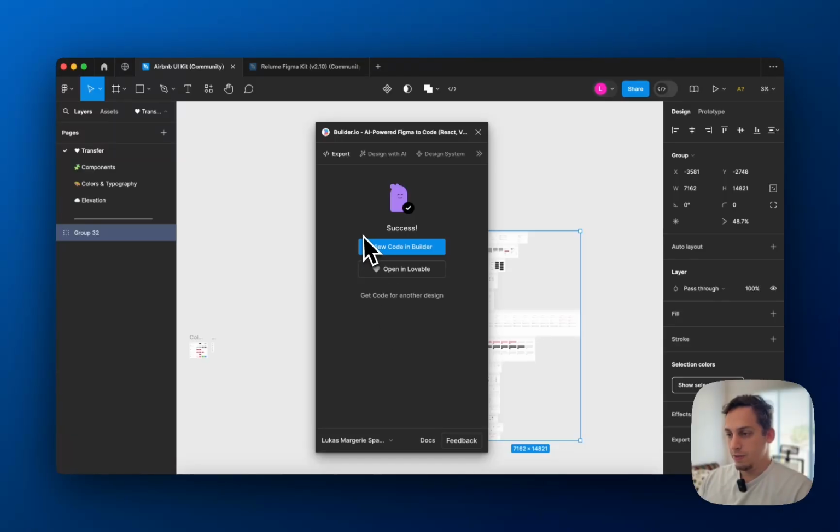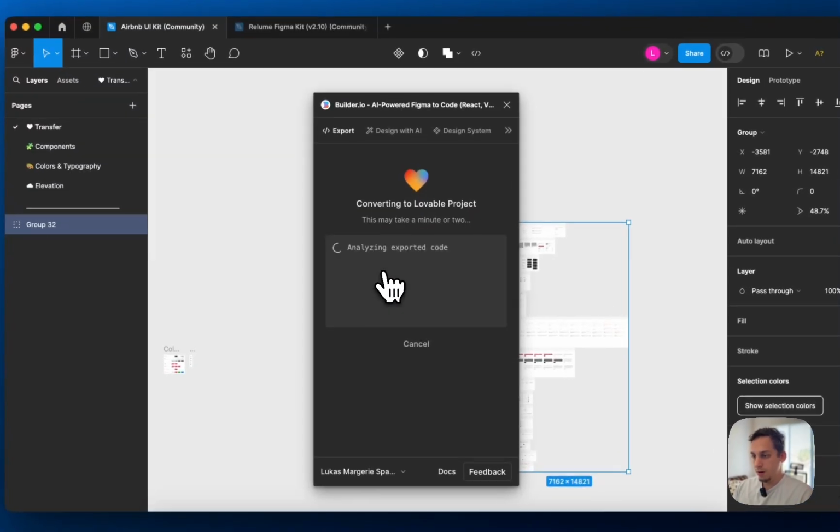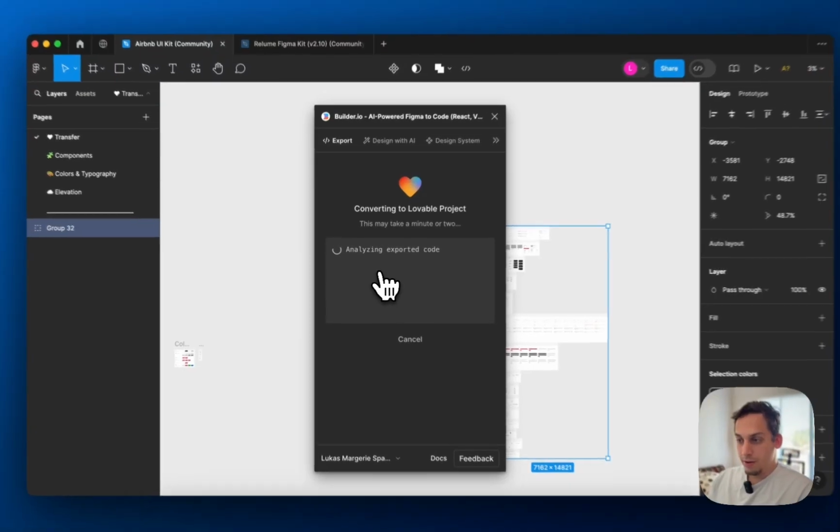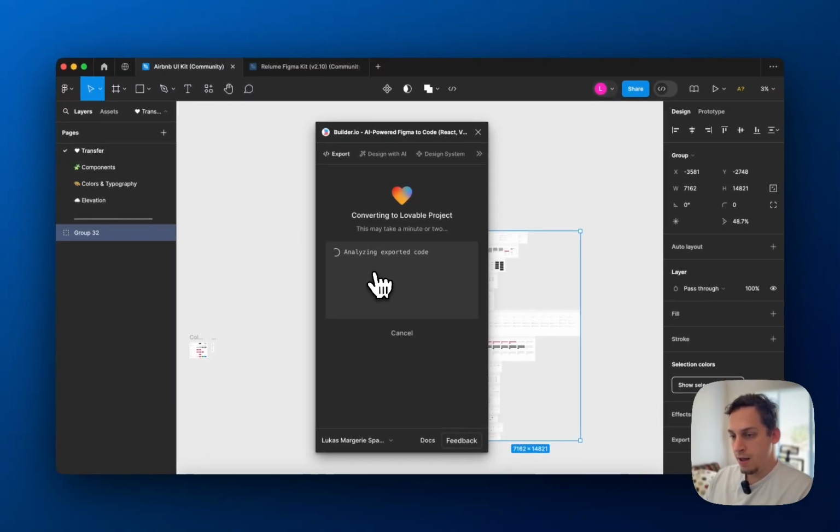All right, and then over here it says view code in builder. No, we don't want that. We want to open in Lovable. So let's just do that. And now it's going to export the code again and automatically import it into Lovable. So this might take a few seconds for you, maybe a minute or two, but eventually, hands off the keyboard, it's going to export the code, and then it's going to automatically go into your browser and open a Lovable new file with this specific selection that you just exported